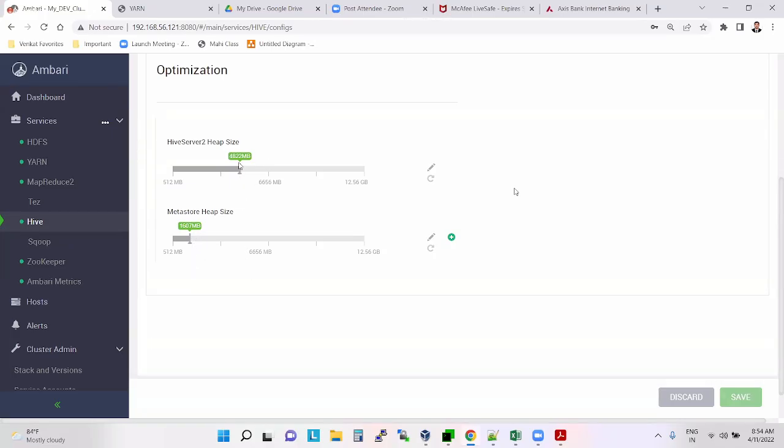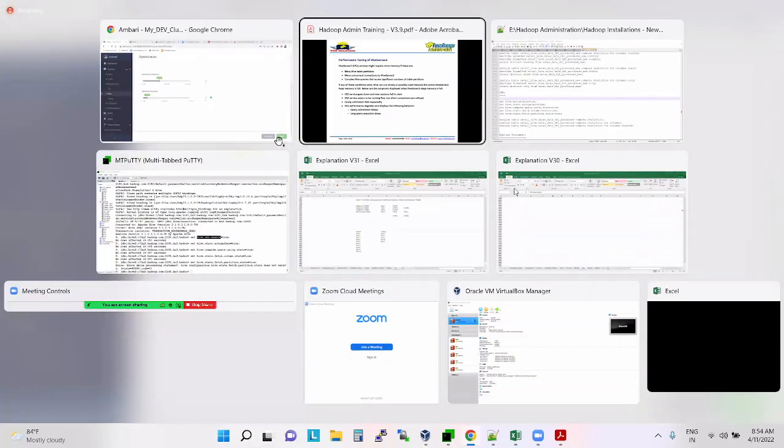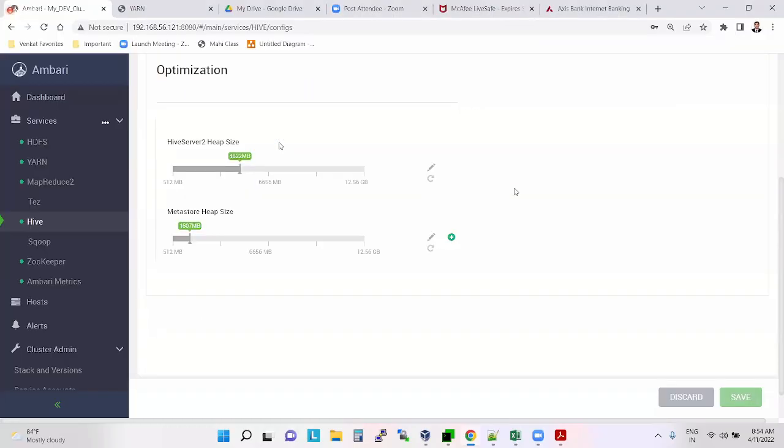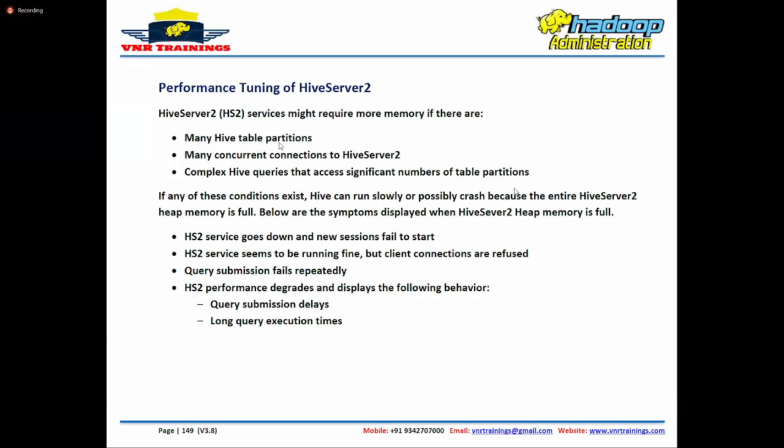What if a large number of requests are coming in? Until a request is completed, the session information and the query ID, all this information is stored where? Inside HiveServer2 only, right? Inside HiveServer2 memory. So if the number of partitions information and current connections information is more,